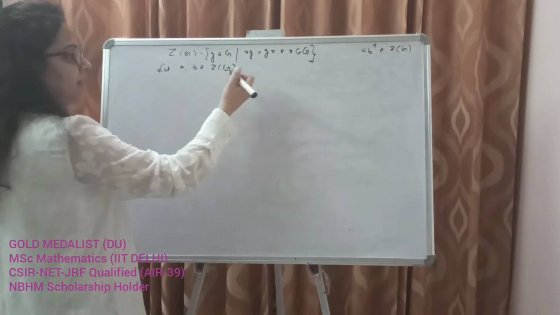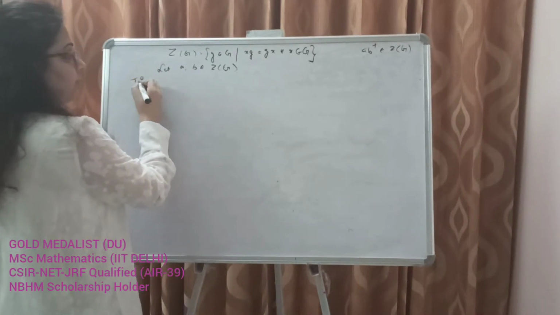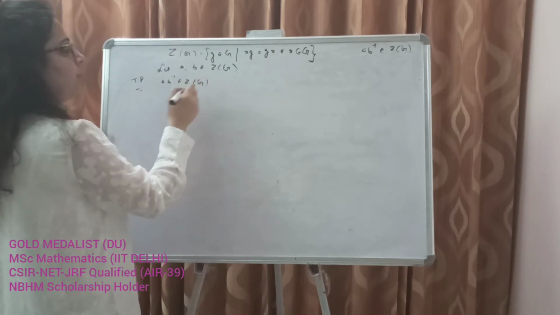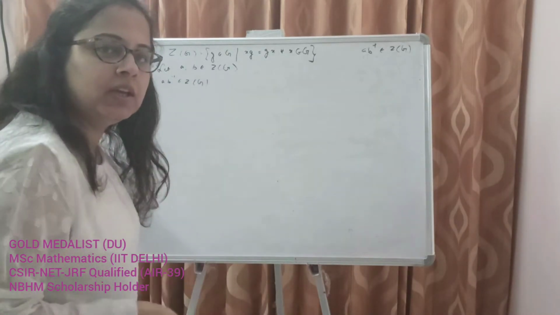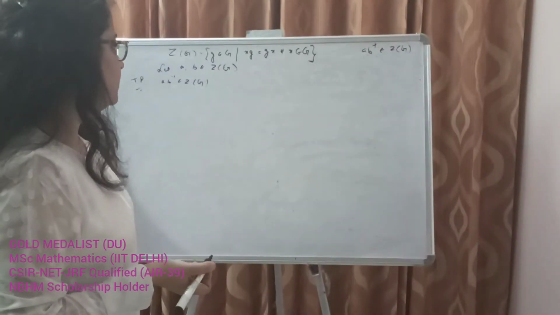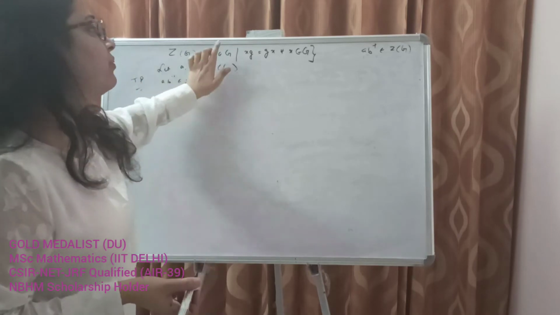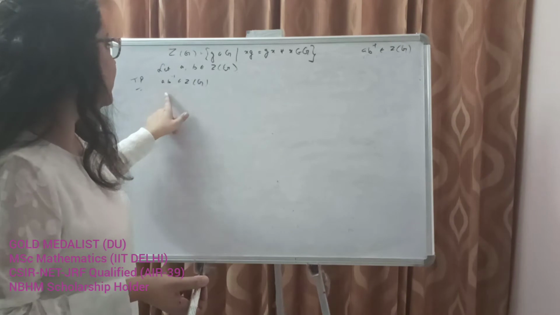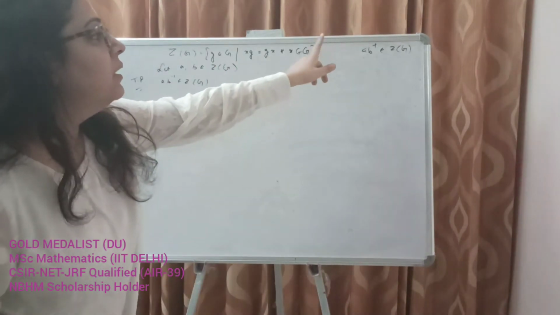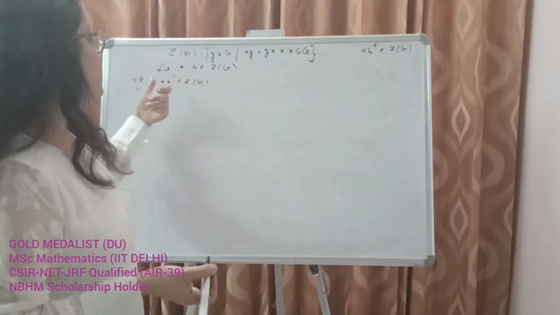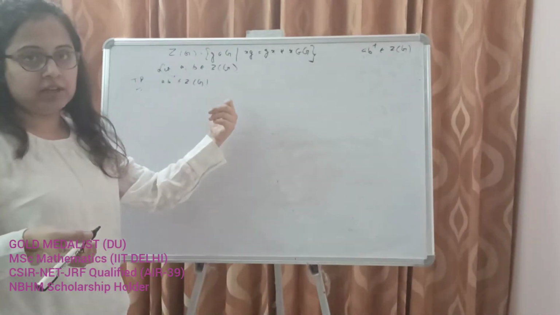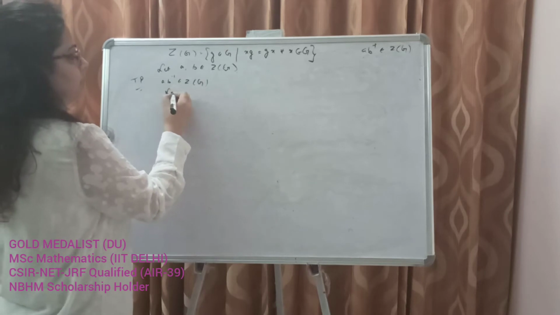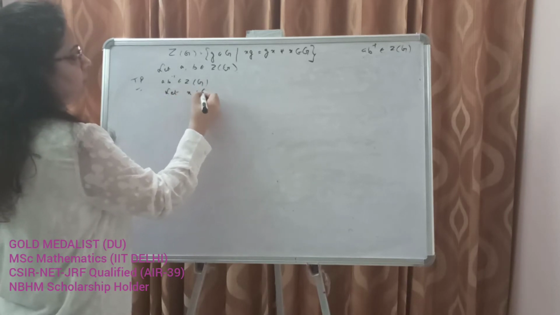So to prove that AB inverse belongs to Z(G), we will need to prove that AB inverse also commutes with every element of G, right? Since Z(G) is the set of all elements in G that commute with every element of G, this implies to prove that AB inverse belongs to Z(G), we will have to prove that it commutes with every element of G, right? So let x belong to G, right?